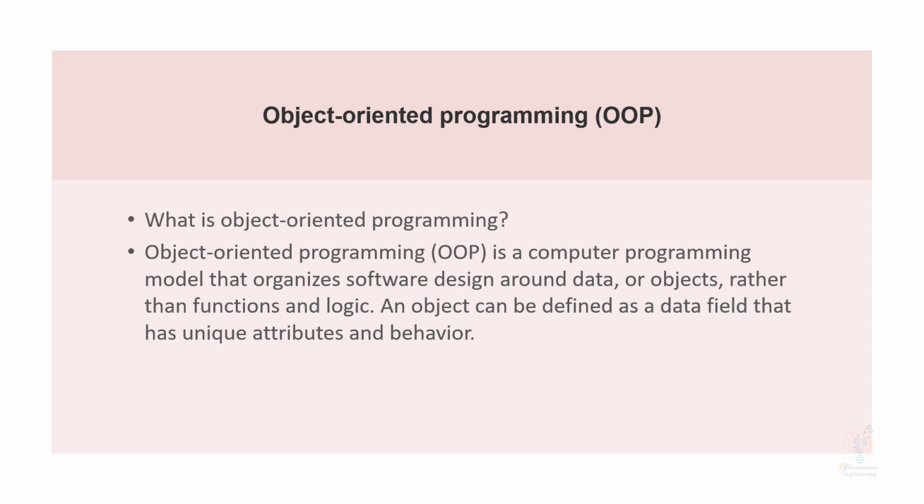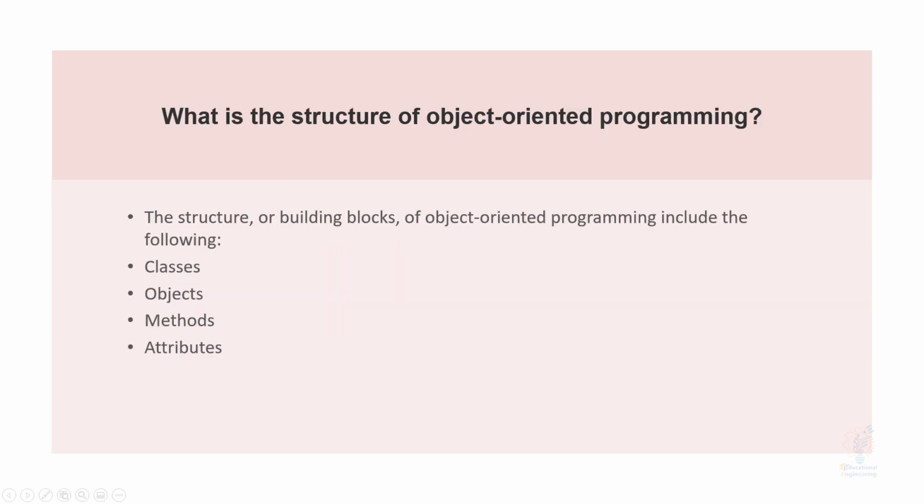Now, let's talk about the structure for object-oriented programming. The structure or building blocks of an object-oriented program include classes, objects, methods, and attributes. Classes are user-defined data types that act as the blueprint of individual objects, attributes, and methods. Objects are instances of a class created with specifically defined data. Objects can correspond to real-world objects or an abstract entity. When a class is defined initially, the description is the only object that is defined,